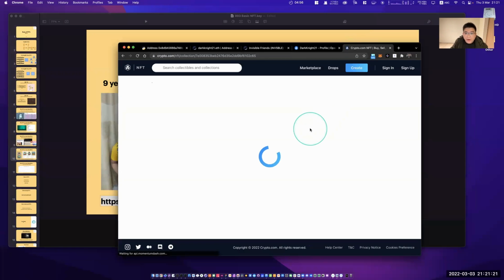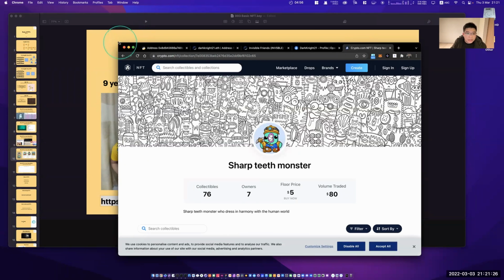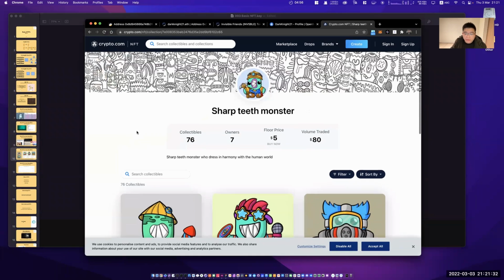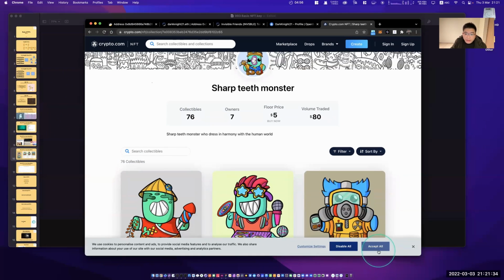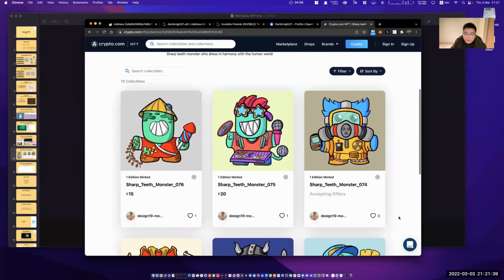I think I found in the group that he tried to promote his work in the Thai group, and you can see that it's not only JPEG. NFT is really freedom for everyone, even if you are young or if you are a student. So you still have a chance to publish your work.